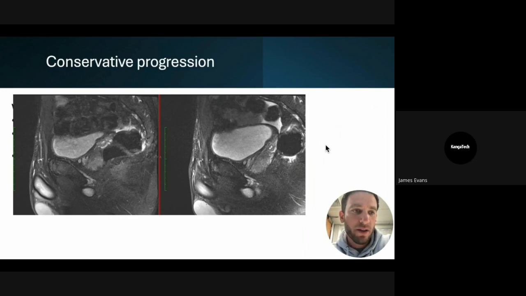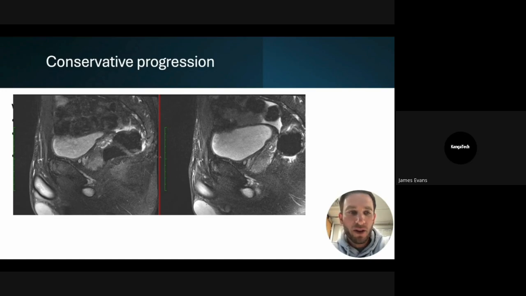So on the image here, you can see the one on the left was at 6 weeks, and the one on the right was initial. And you can see within the fibrocartilage, there's still that little tear in there, showing that it wasn't a complete healing, but the radiologist felt that there was a healing response going on, which was supported by the